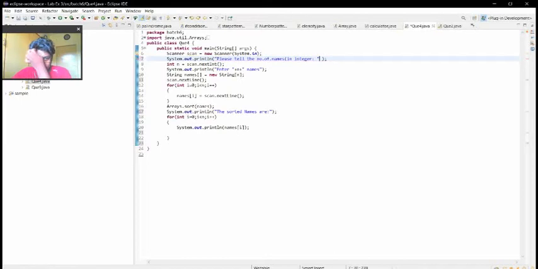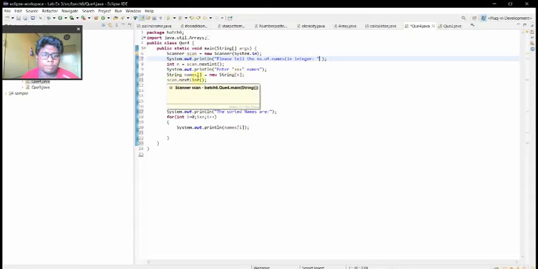Yeah, it's completed. Now, the purpose here is to print the alphabetical order in ascending form. For that I start by printing "Please tell the number of names", and then int n is equal to scan.nextInt(). Then I print again "Enter n numbers", and then String names equal to new String of the given number.